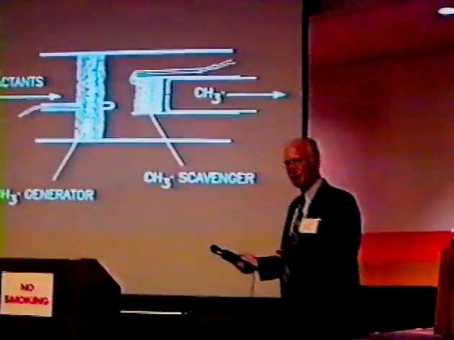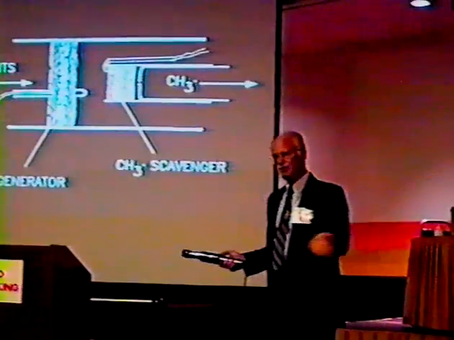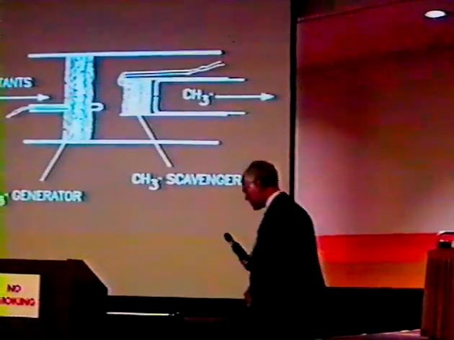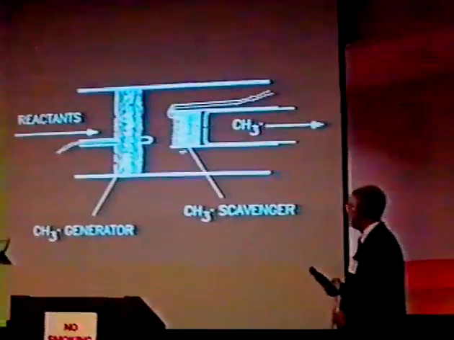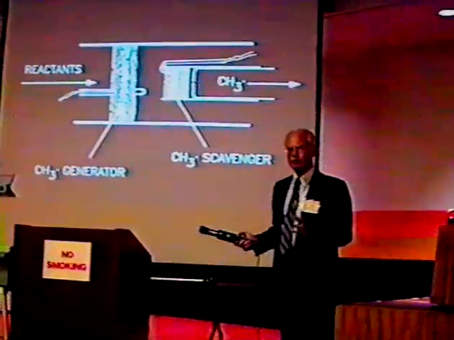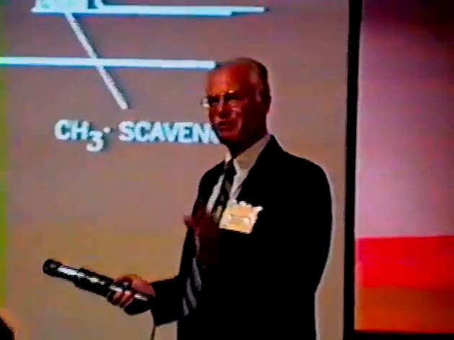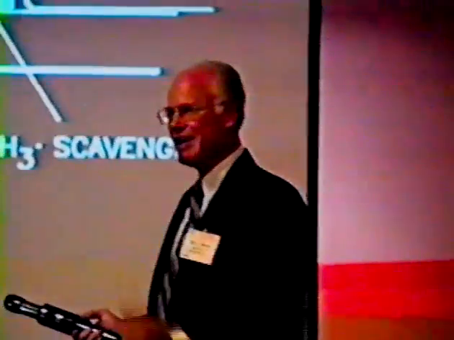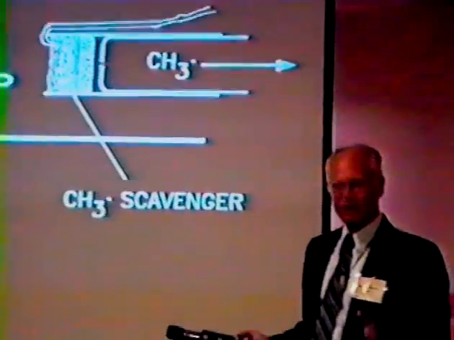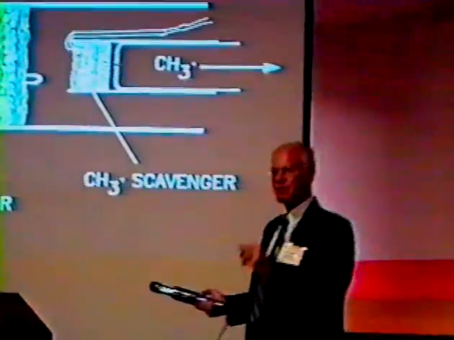And that could be anything ranging from quartz chips all the way to lithium magnesium oxide. What we are finding, and this is some of our most recent work, is that there are tremendous differences in the ability of metal oxides to react with methyl radicals. Quartz chips, for example, are almost inert. The radicals just bounce right through them, appear on the other side, and are collected. But certain other metal oxides react with or scavenge almost 100% of the radicals that impinge on them.